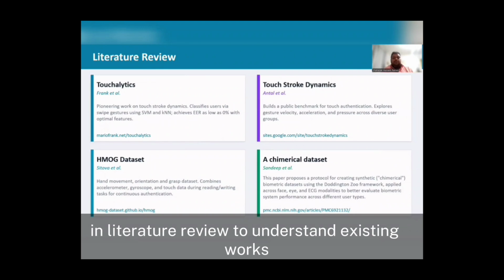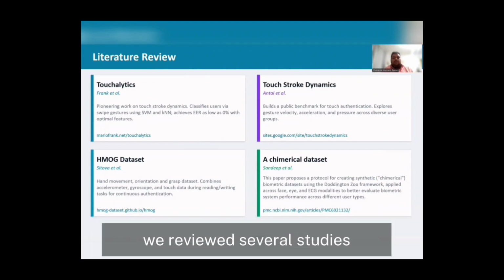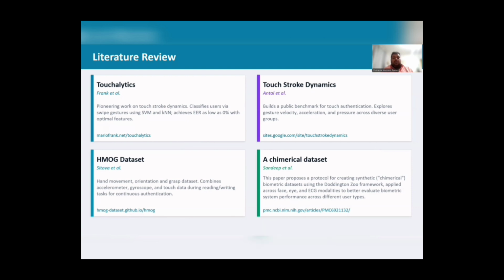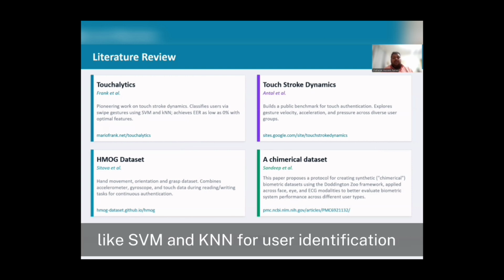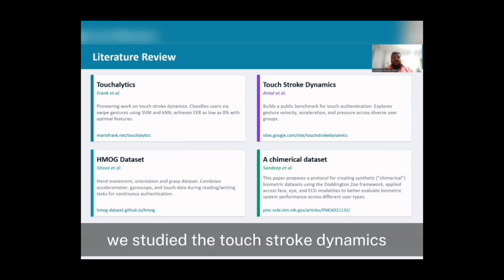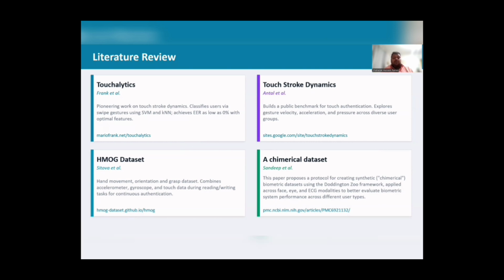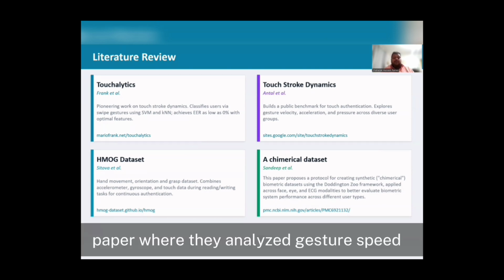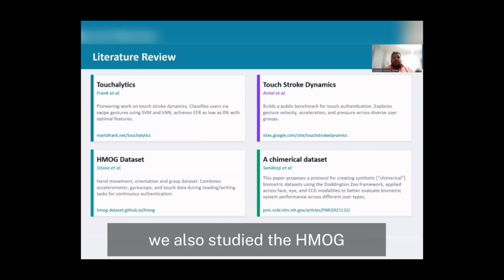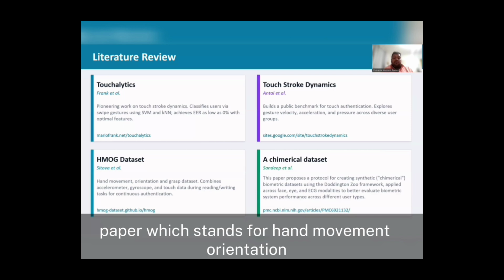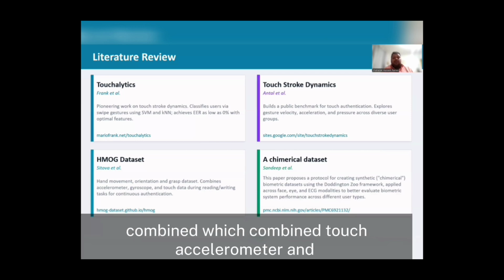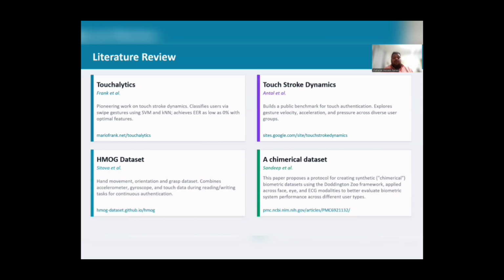In the literature review, to understand existing works, we reviewed several studies. First was the touch study, which used swipe gestures and machine learning models like SVM and KNN for user identification. Next, we studied the touch stroke dynamics paper, where they analyzed gesture speed, pressure, and acceleration for authentication. We also studied the HMOG paper, which stands for hand movement orientation, which combined touch, accelerometer, and gyroscope data for